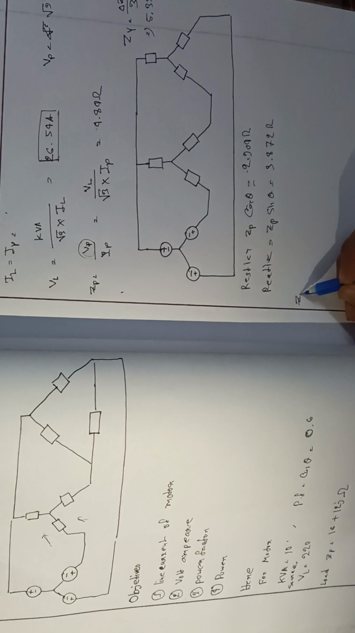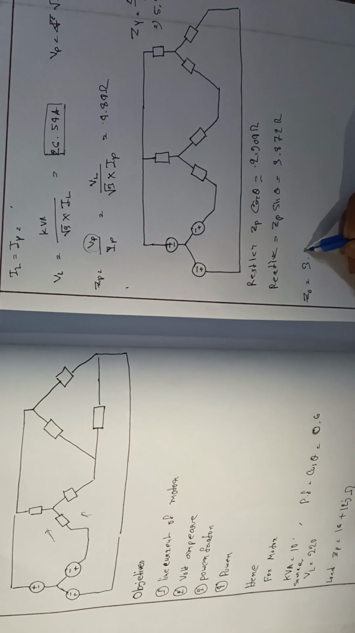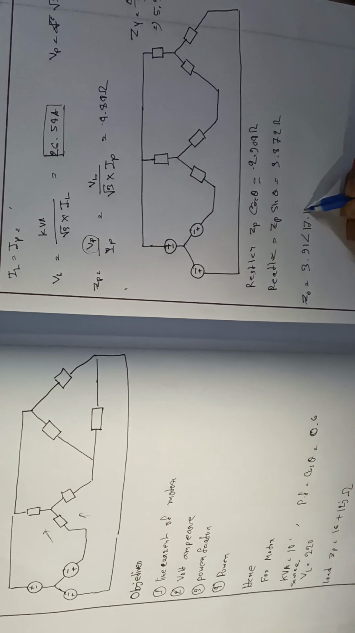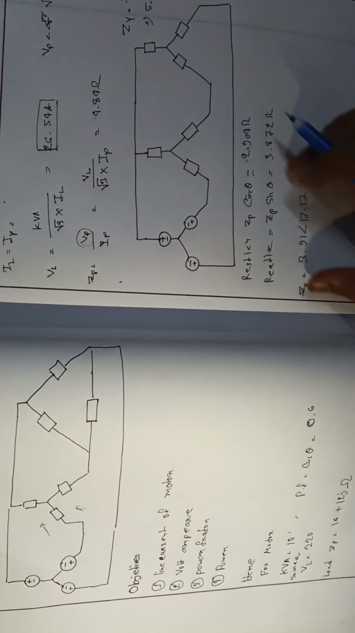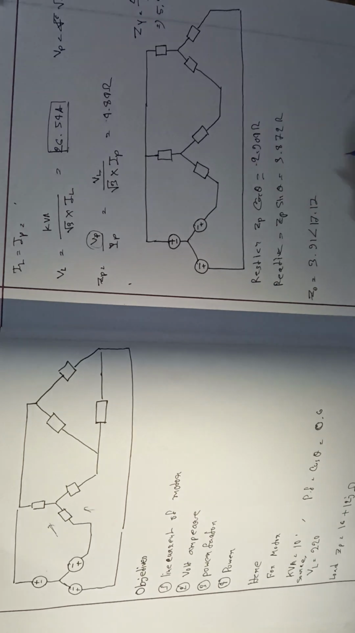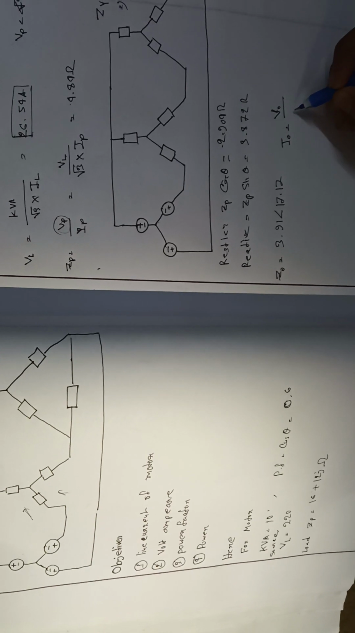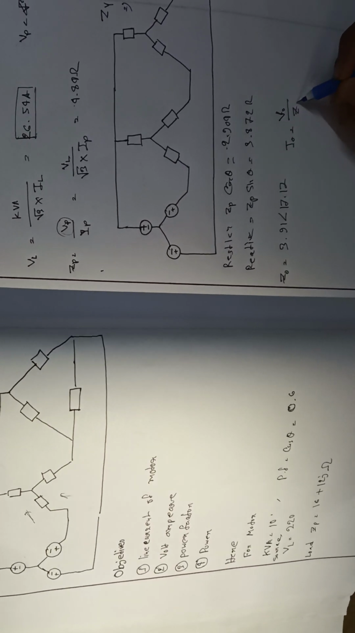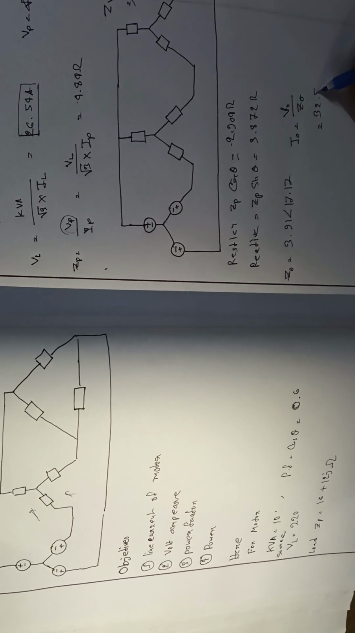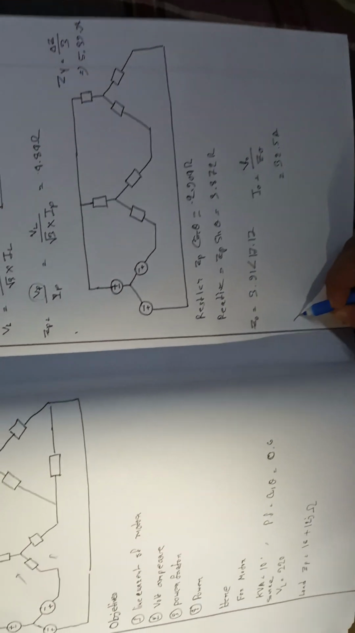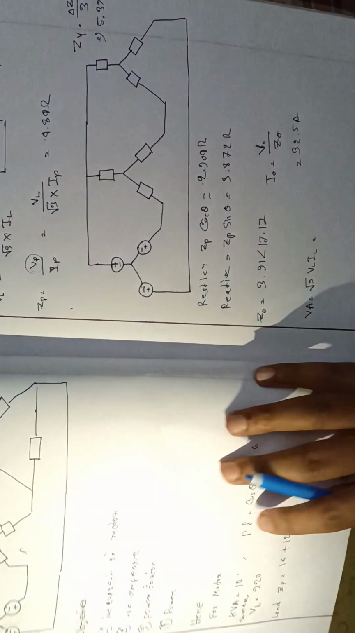So the parallel impedance of both the motor and the load impedance would be 3.91 angle 17.7. Now we can measure the current by IP equal to the phase voltage of the source divided by the total impedance. So that will be 32.5 ampere. Now, as we know volt ampere is root 3 VL IL, we will compute it,